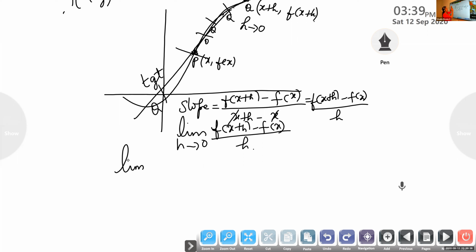Now what I said is, you can take the point Q. Here I have taken Q from here, isn't it? Or in the same way we can take Q here also. Neighborhood means it may be closer to P. It may be on the right hand side or on the left hand side. If Q is approaching P from the right hand side, we call this value the right hand derivative. If the point is to the left, then we say it will be the